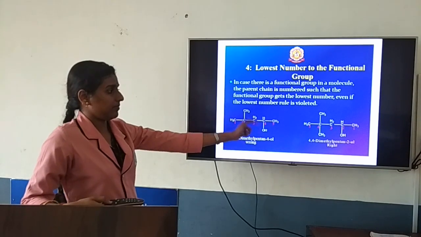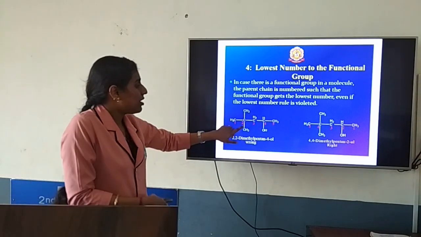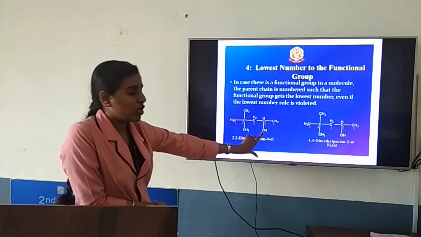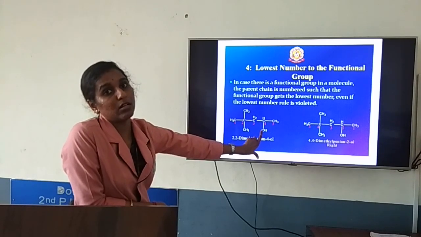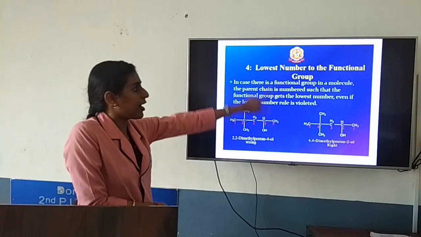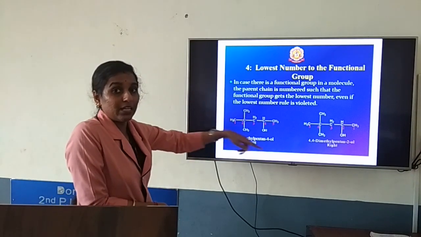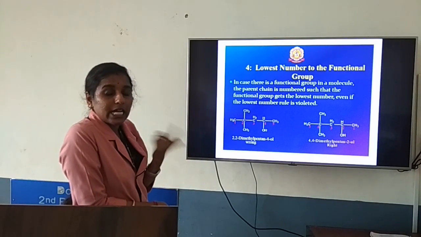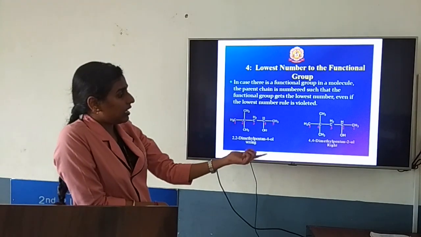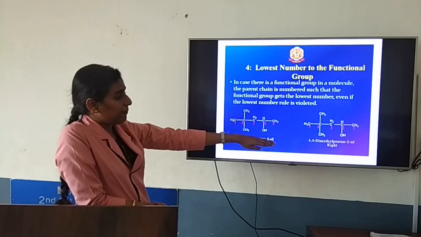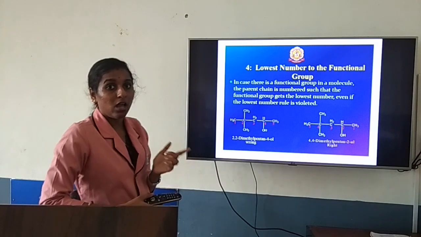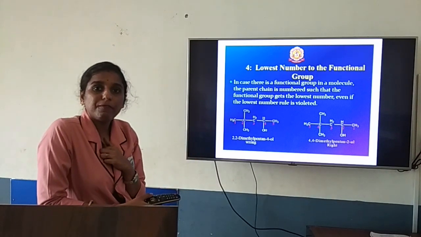Now you consider this section, same example. Here you are having a methyl group, one methyl group is present, and here you are having an alcoholic group. OH group is present. Functional group is present over here. So from which side are you supposed to start giving numbering? This side or this? According to the rule, where the functional group is present, that is the nearest side. If you start from that side, it is nearest. So give numbering from that side, so that it comes as, see how the name will come: 4,4-dimethylpentan-2-ol.